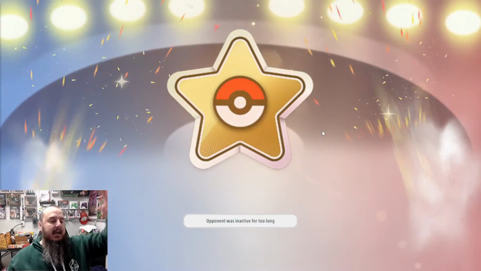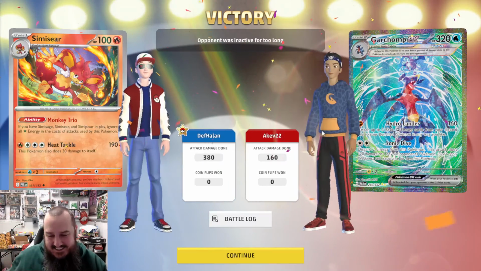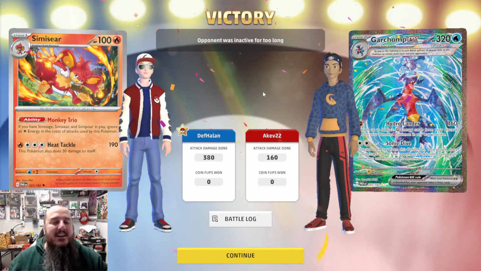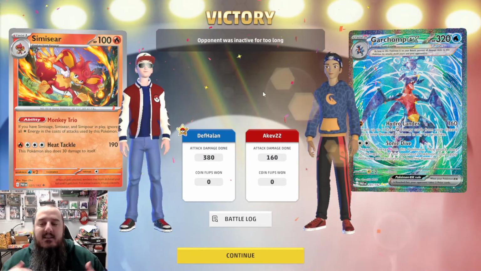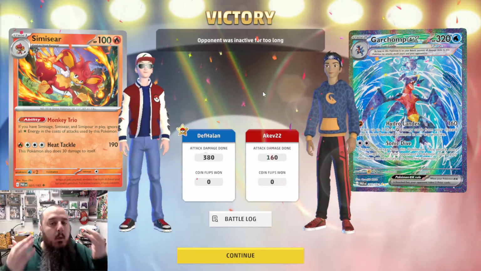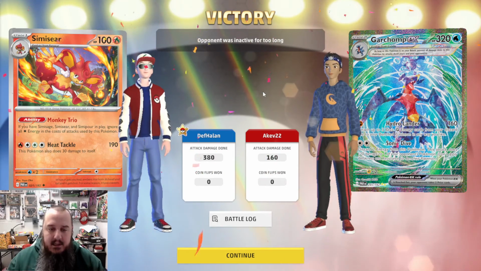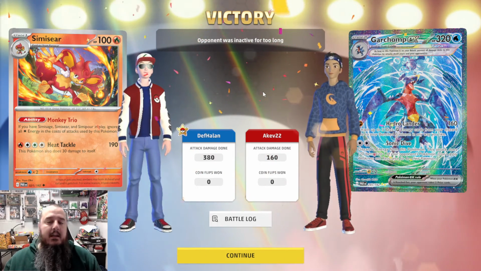So, oh man, their bathroom break took too long. So we got a victory, but you kind of see how this deck is supposed to perform. It's able to take down big EXs. What can it do in Pauper? I have no idea. Let me know if you plan on playing this deck, what changes you plan on making,